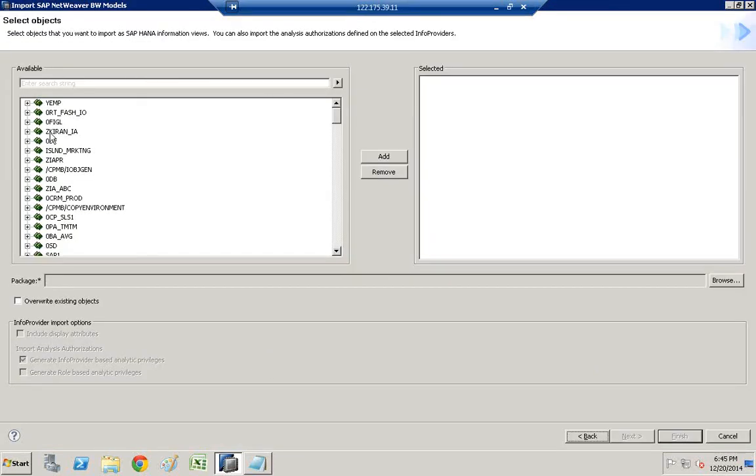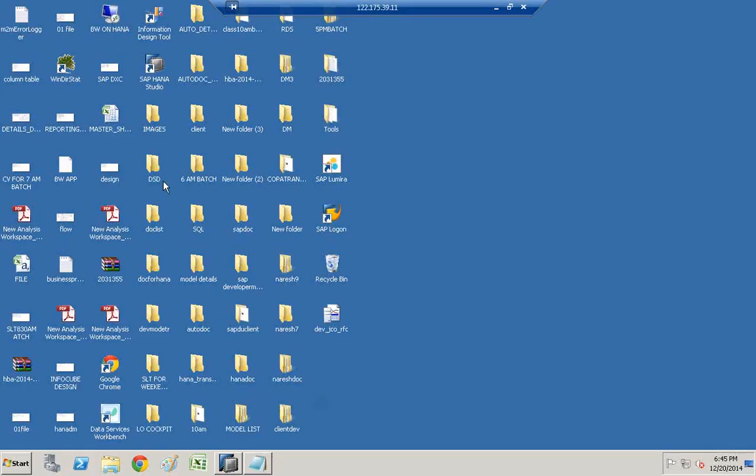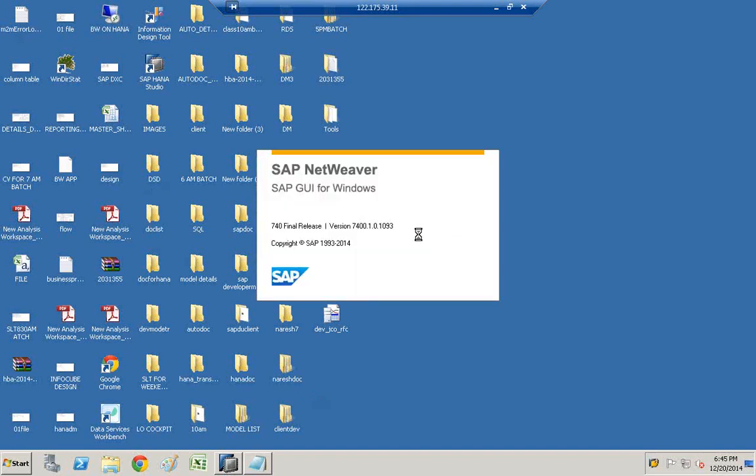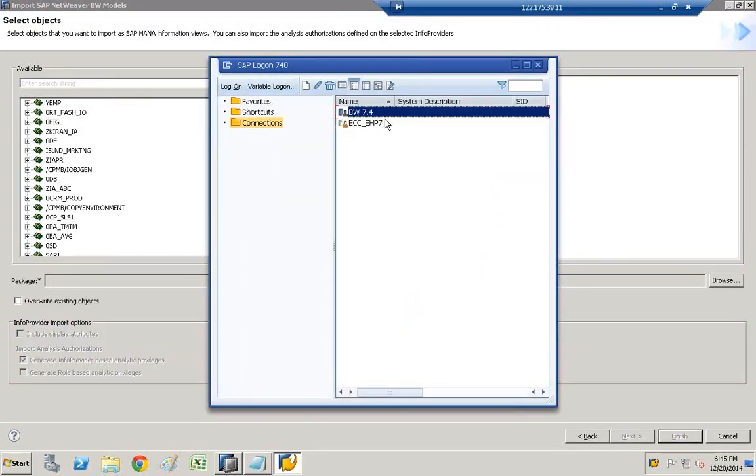Once you have done this, now here you see your info areas, all different info areas, and then you can select any of the cubes. BW is especially an enterprise data warehousing solution where you can import. Let me show you. If you go to the SAP logon, double click on the BW system,